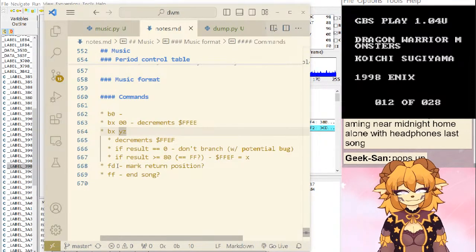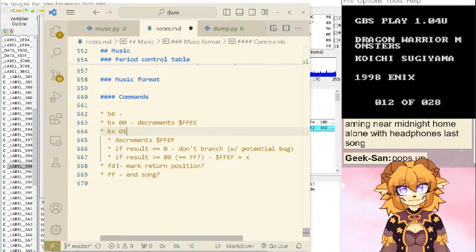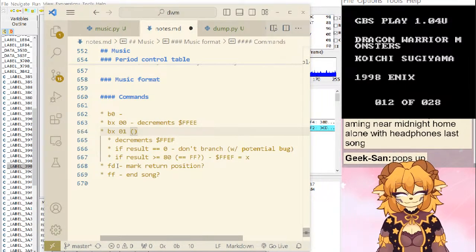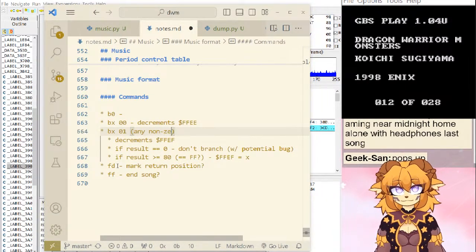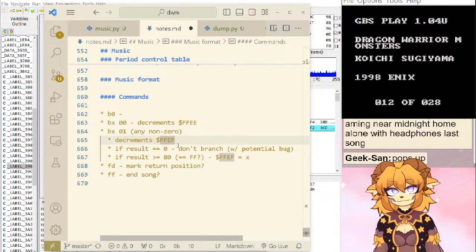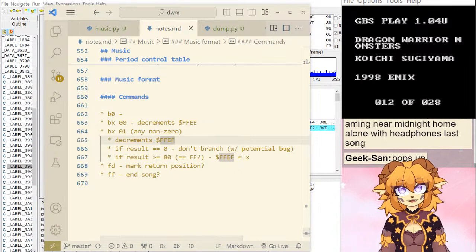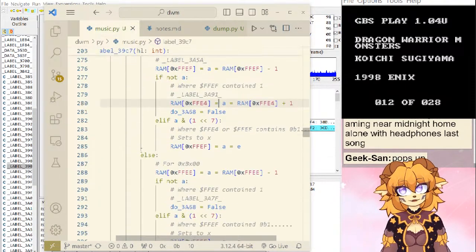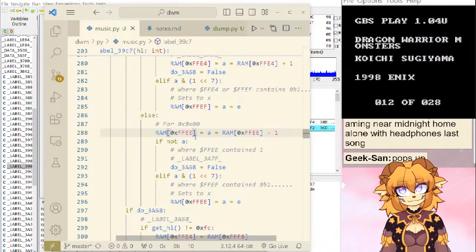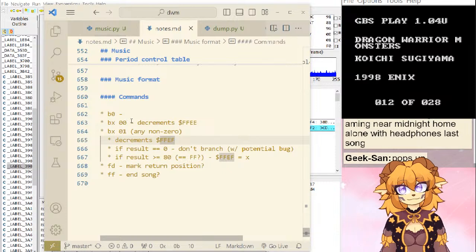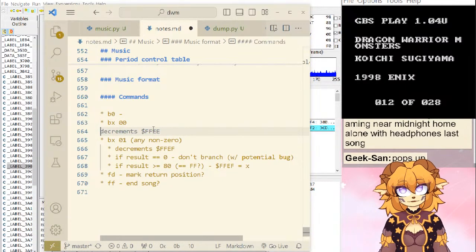I think we'll call it 01 and then just say any non-zero, but it's probably 01. If we happen to find BX with not an 01 there, we'll figure it out then. So in the 0 case, it does this decrement assignment. Then we need to do some similar handling.